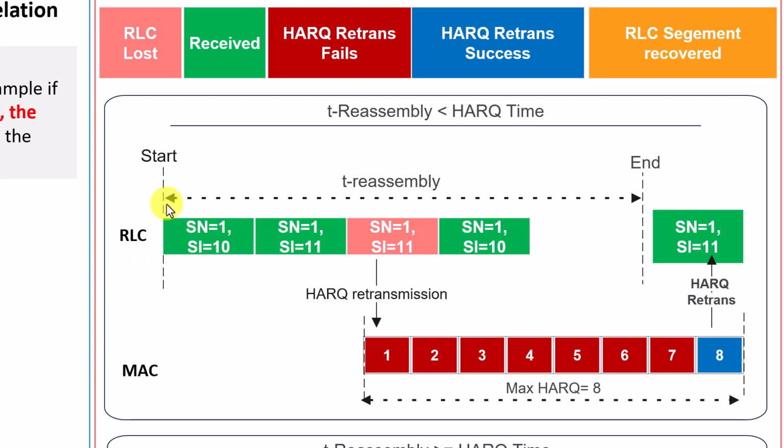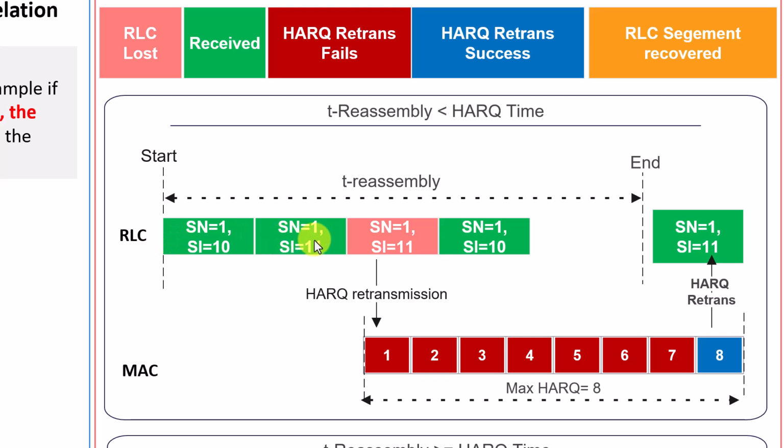So assuming now at the RLC side, the first packet, sequence number 1, which has segment information 10, means this is the first segmented packet being received at the RLC. So directly the T-reassembly will be started once we have this packet received. Then within the timer, this is the expiry, this timer will expire here. This is the duration of this timer. Within the timer,